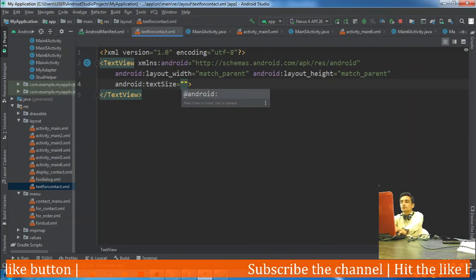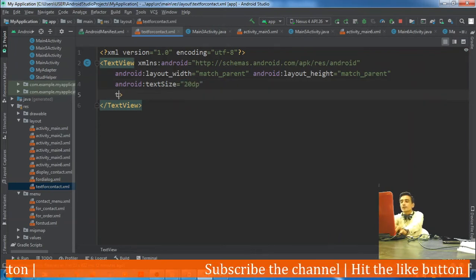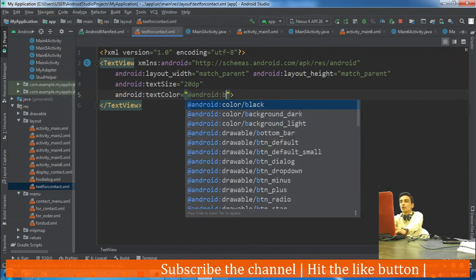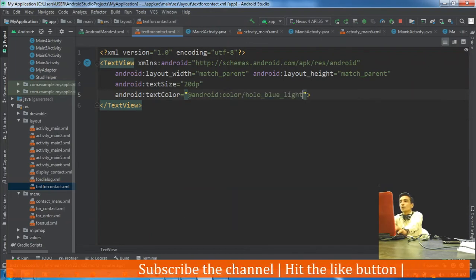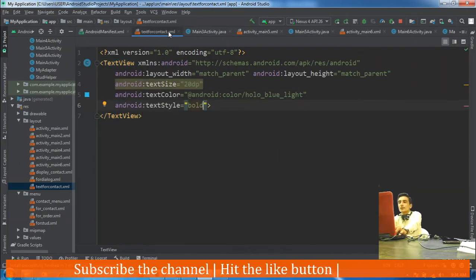Text size 20, text color light blue, text style bold. Now this layout is text for contact.